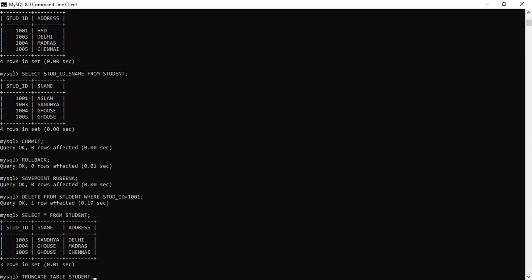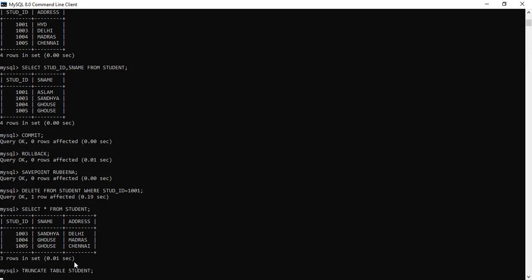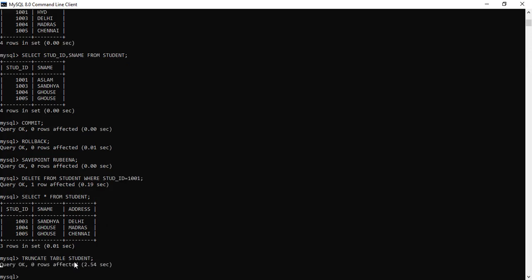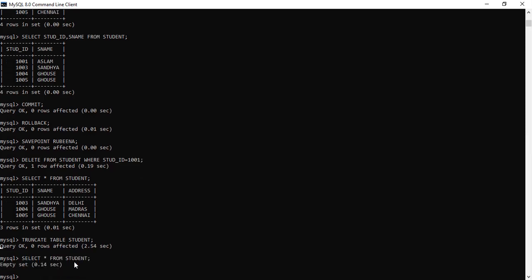Okay, all these things will be deleted permanently. Now if I want to use the select option and try to see my table, nothing will be visible to us. Empty set.